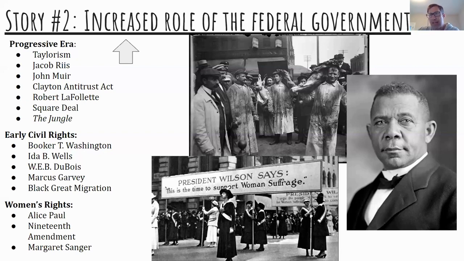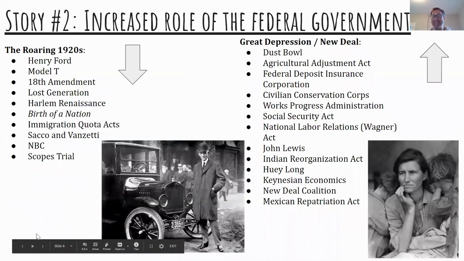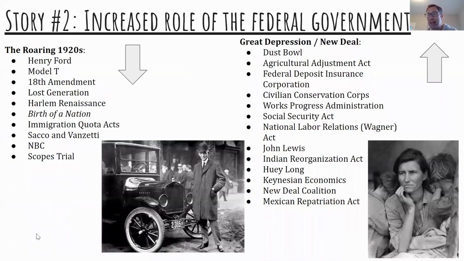And we start to see some of those successes culminate in this time period, especially with the passage of the 19th Amendment. And of course, that's going to create a new movement for women to find other rights as well, for example, more protections over their body. We see that with the rise of Margaret Sanger in the 1910s and the 1920s. So this is just a part of story two. Story two continues,